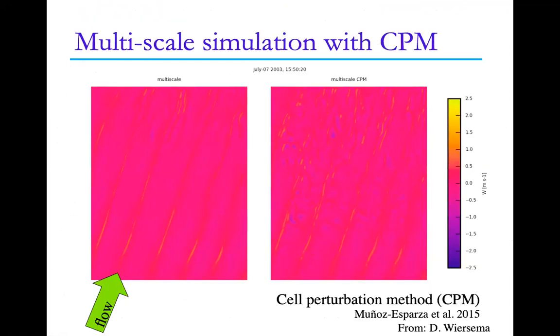And part of it is kind of what we see here, that when we do nesting, we often see a lot of large scale structures being fed into the smaller scale domain, because that's what the coarser domain was generating. And they propagate pretty far into the finer resolution simulation. And we spent a lot of time just trying to break those structures up. So the smaller scale structures seem more in line with what we expect on the finer grid as well. It makes it easier to transition across the scale.